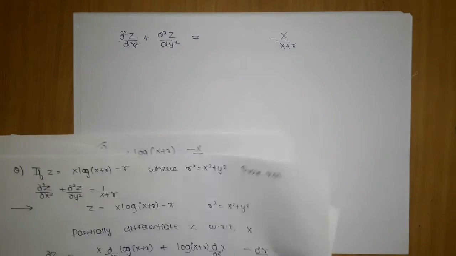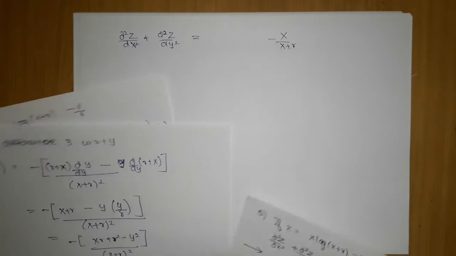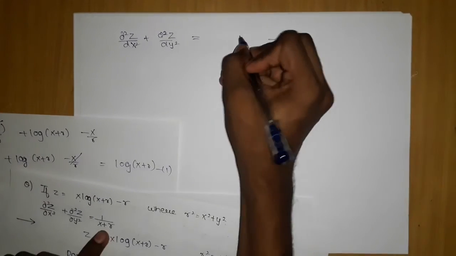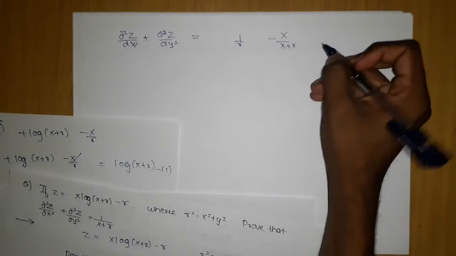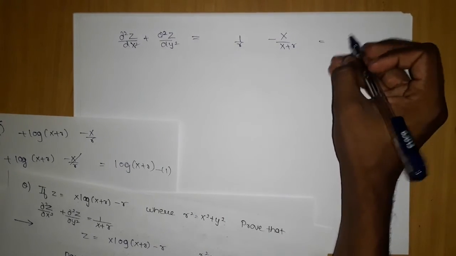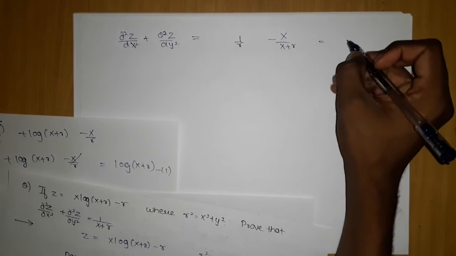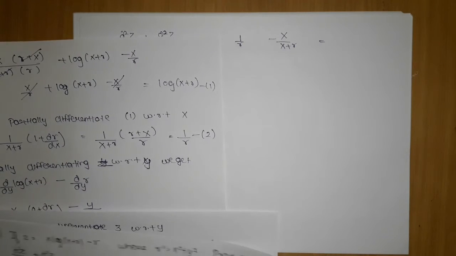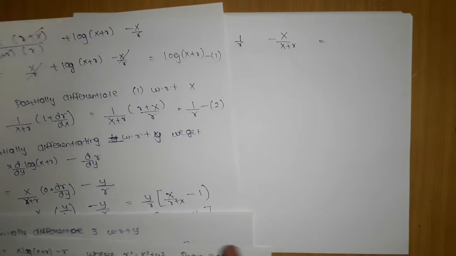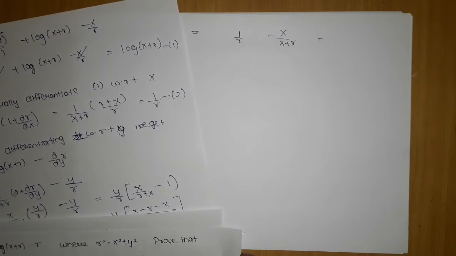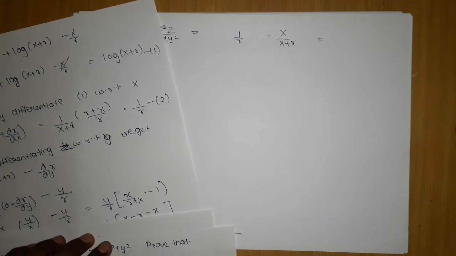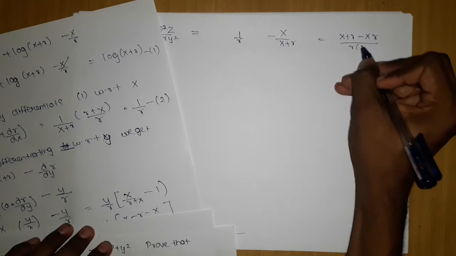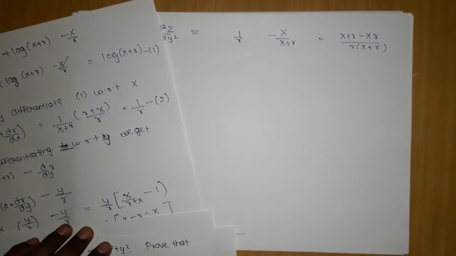Okay, let me search. I cannot find the x value. This is my y value. Where is my x value? Yes, it is 1 by r. So if we simplify out, what I am getting is, let me see, this is the dou square z by dou x square, 1 by r, and okay, so this is 1 by r only. And let's see the proof, x plus r is the required thing. So if I simplify, x plus r minus xr the whole by r into x plus r. So what we are going to get from here,